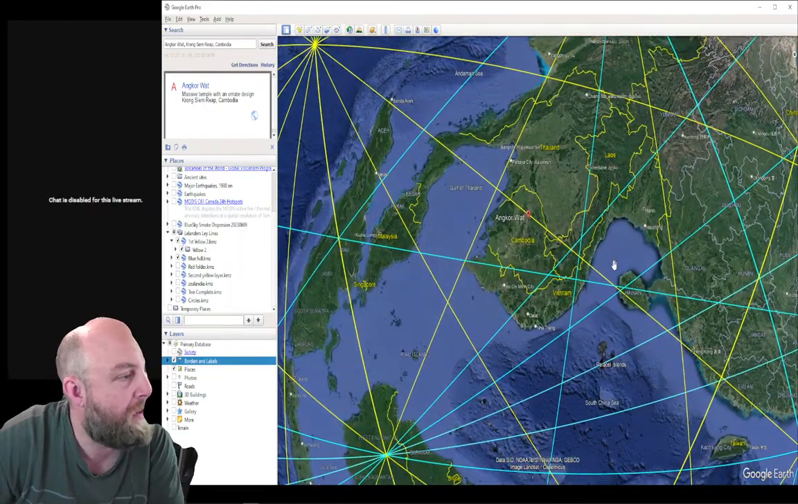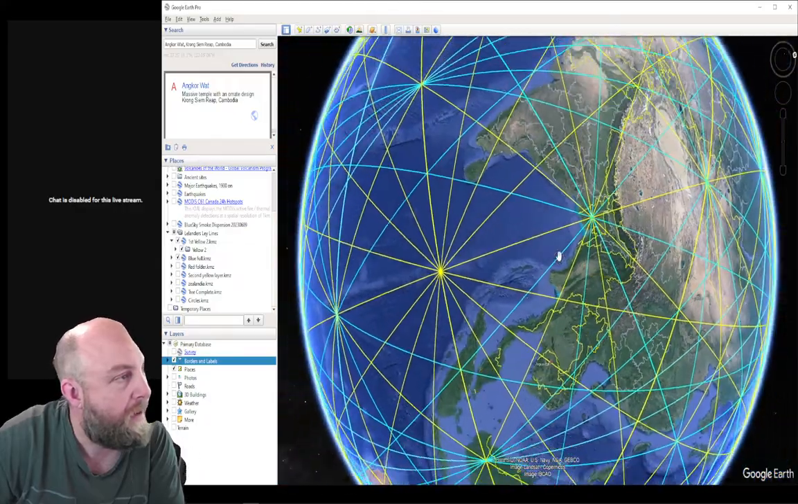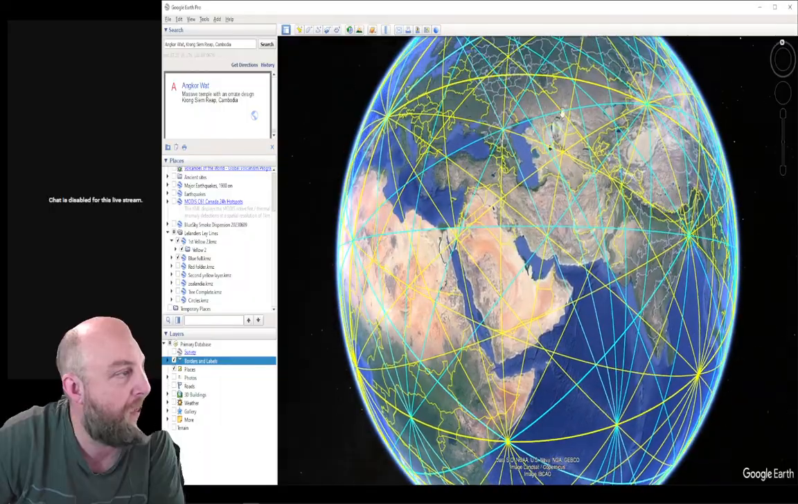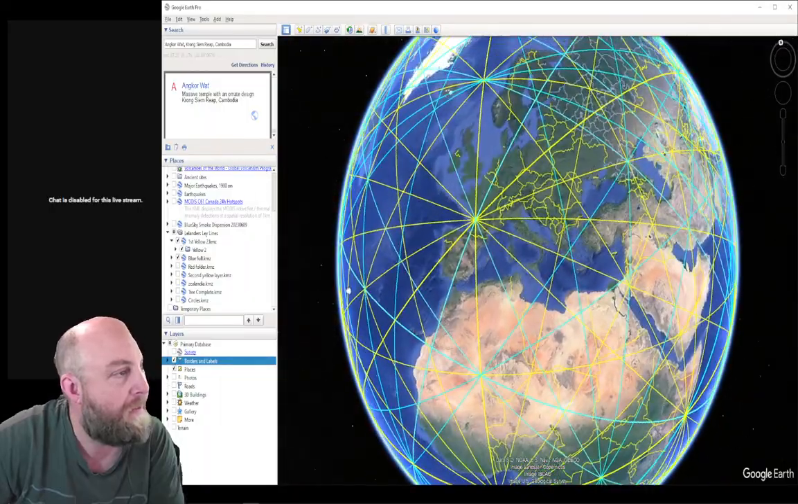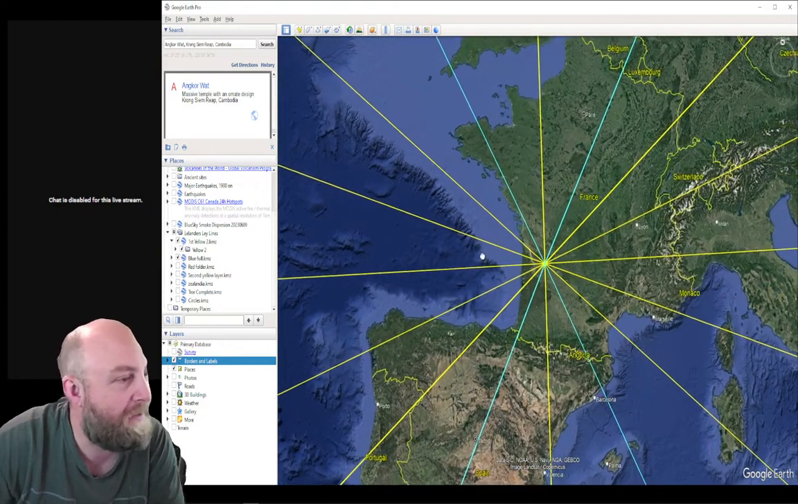There's Angkor Wat. Now I like it in Europe. Europe is one other place where all the cities line up pretty nicely. See if I can find Europe. Not all the cities, obviously, but